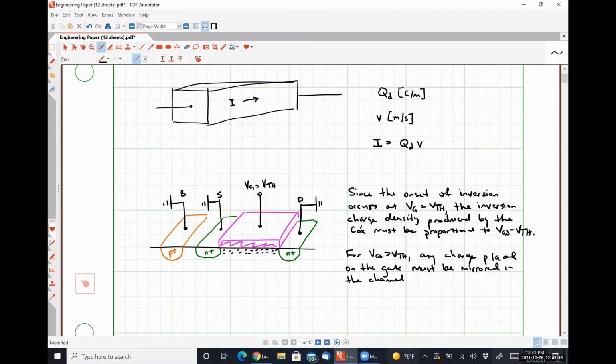So what we'll see is that for our MOSFET device, we will have a linear charge density